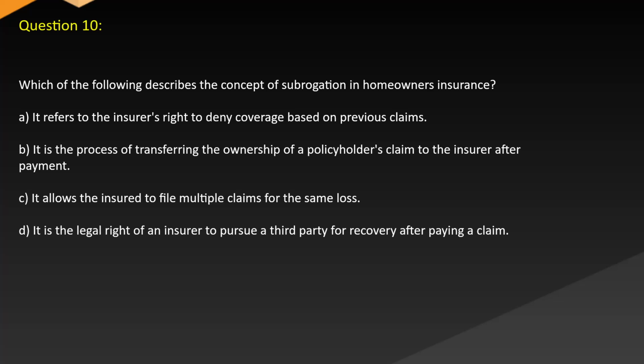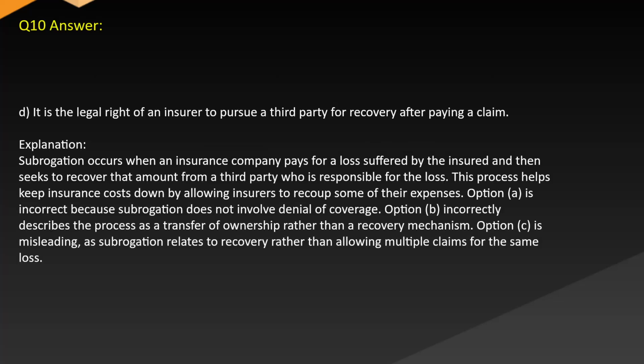Question 10. Which of the following describes the concept of subrogation in homeowners insurance? A. It refers to the insurer's right to deny coverage based on previous claims. B. It is the process of transferring the ownership of a policyholder's claim to the insurer after payment. C. It allows the insured to file multiple claims for the same loss. D. It is the legal right of an insurer to pursue a third party for recovery after paying a claim. Answer: D. It is the legal right of an insurer to pursue a third party for recovery after paying a